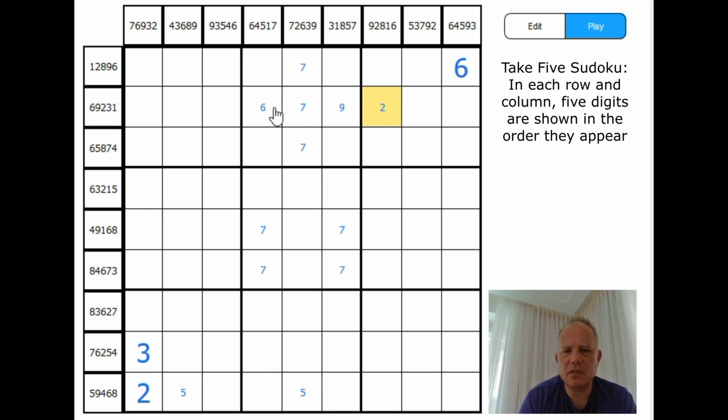If 6, 9, 2, 3, 1 was the row that began after box 1, it would have to go like that, because the 9 couldn't be here, nor could the 6, funnily enough, because they both appear after the first 2 digits of this clue. If this was 6, 5, 8, 7, 4,